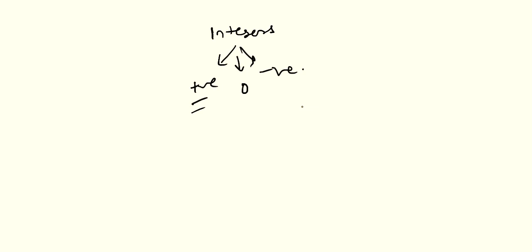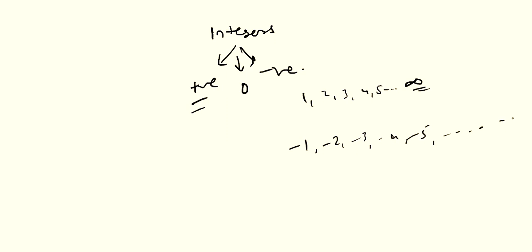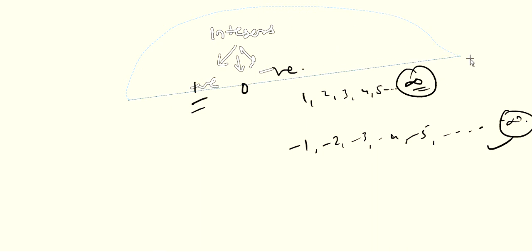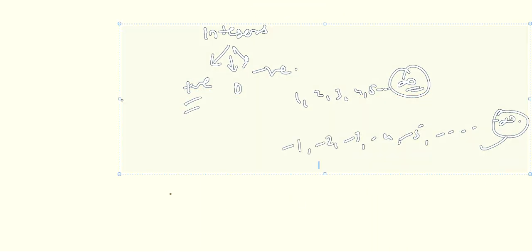We don't know what will be the last negative number. Okay, so actually the last is infinite. If you are going towards positive side, that means 1, 2, 3, 4, 5, 6, 7, 8, 9, 10 and so on, you are having infinite. But if you are going towards negative side, -1, -2, -3, -4, -5, then last is minus infinite. Infinite means what? We don't know what will be the last number. Okay, that's why we are saying infinite, that is uncountable.